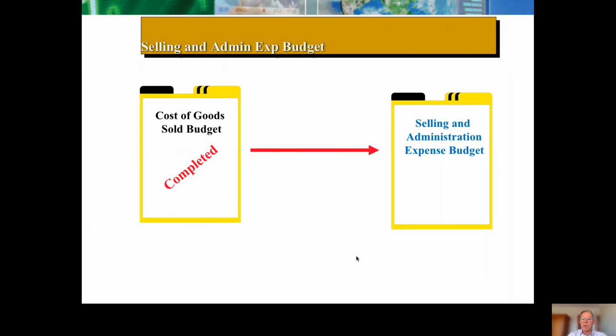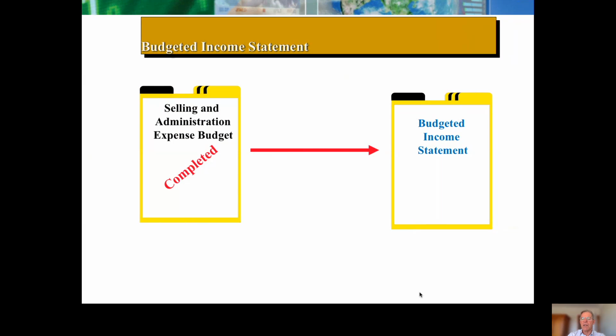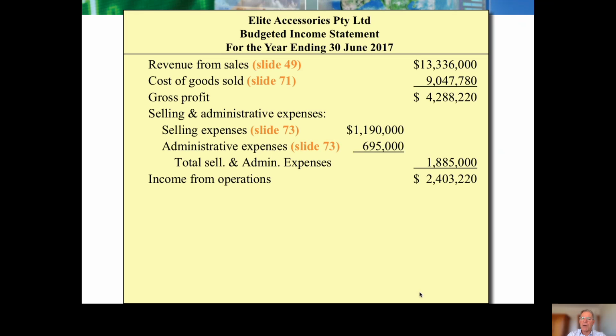We're ready. I think this might be the last slide. Ready to look at our operating expenses over in the admin area of our business. Look at all of those costs, put them together, and we've got our operating expenses. And we're ready then. Pretty much the last thing that's left is potentially we put it together into our revenue statement, and we're ready to do our budgeted balance sheet from there.